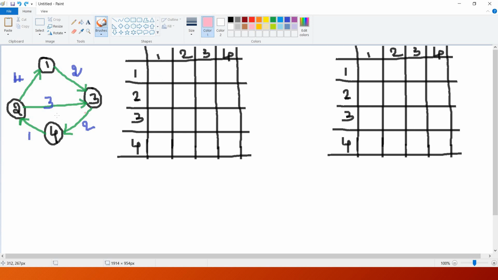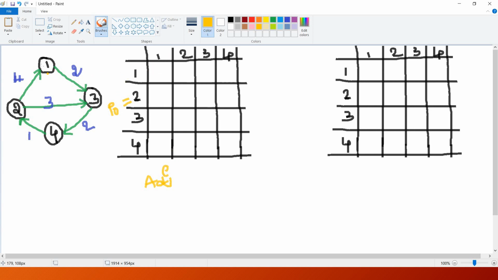Okay, so if the given graph is a directed graph but not a weighted graph, then in that particular situation, what you have to do is, if there is an edge between any pair of vertices, see, suppose I just want to write an adjacency matrix for this particular graph. Suppose I am calling it P0, the adjacency matrix for this particular graph.